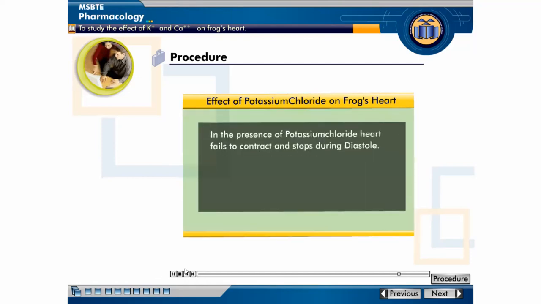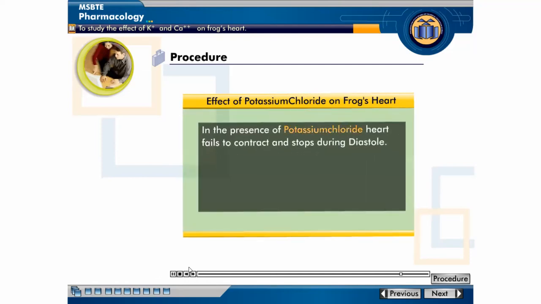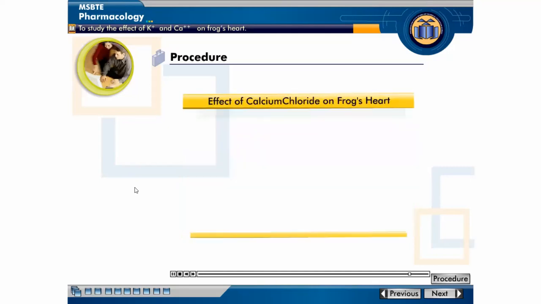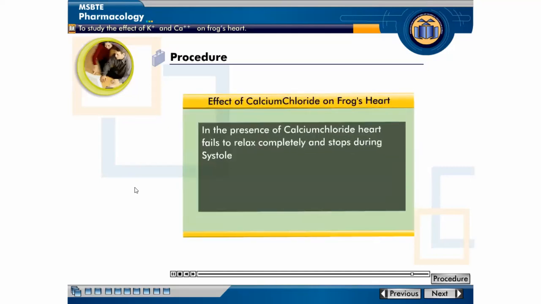In presence of potassium chloride, heart fails to contract and stops during diastole. Similarly, in the presence of calcium chloride, heart fails to relax completely and stops during systole. Clinically,